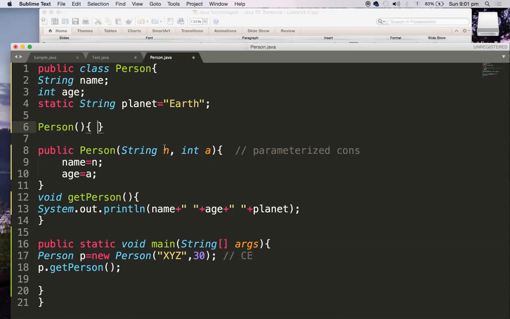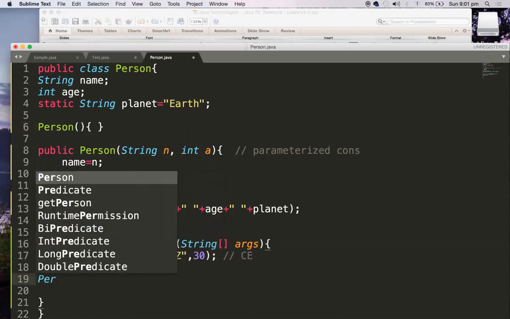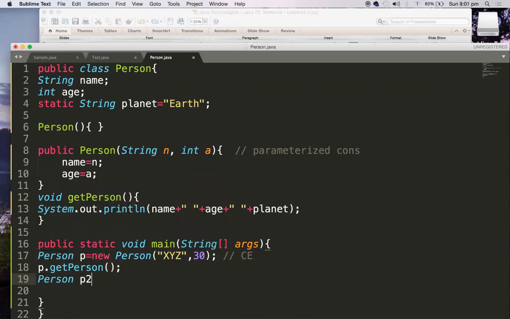I am writing nothing, no implementation. So what I can do is create another object, Person p1 equals new Person, and I can say p1 dot get person.